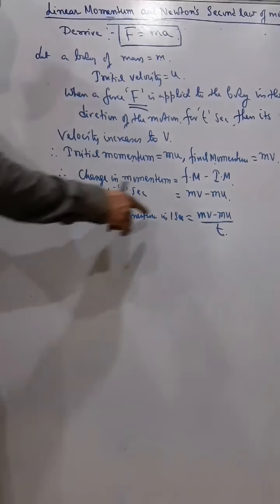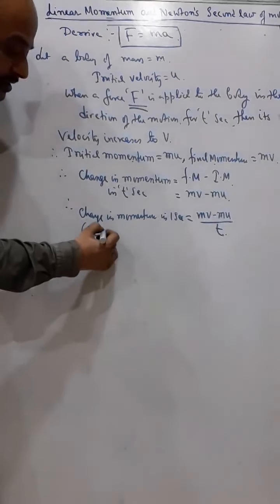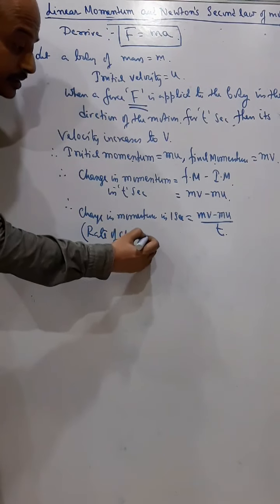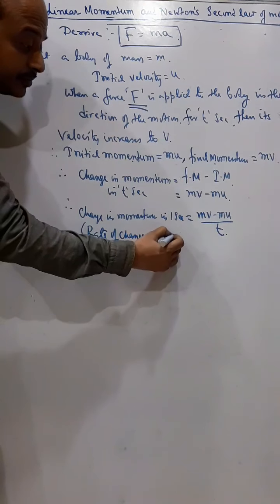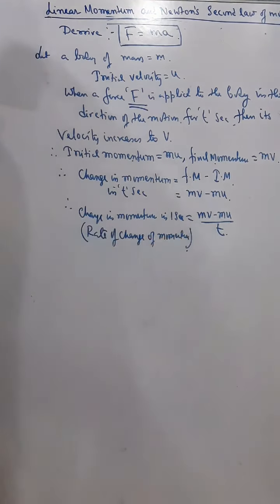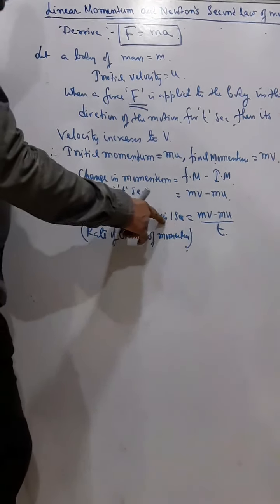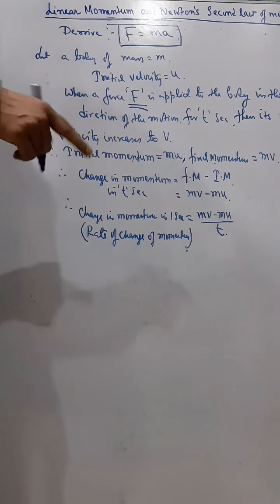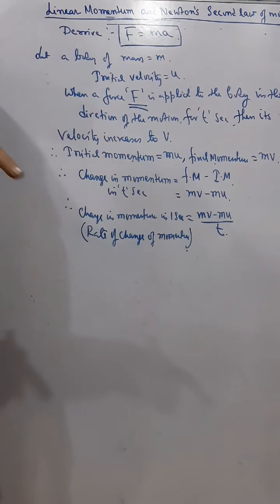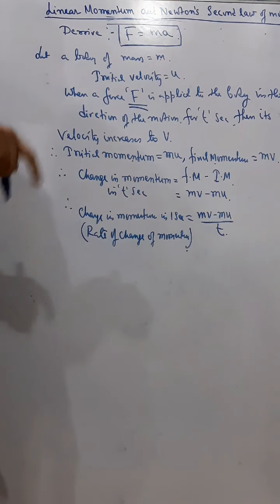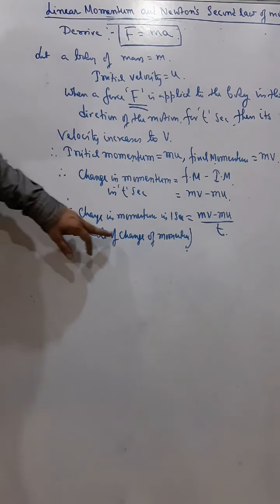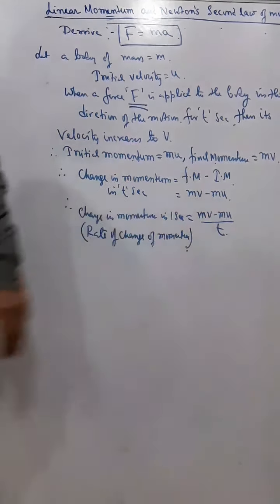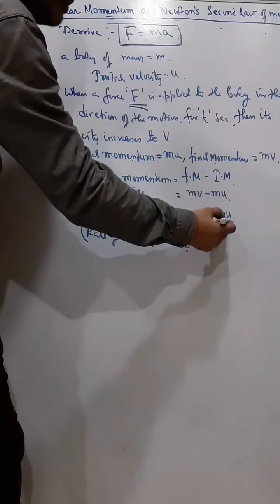and you know, change in momentum in 1 second means the rate of change of momentum, right? Like change in velocity in 1 second is acceleration. That's called rate of change of velocity. If you remember the definition of acceleration, rate of change of velocity is called acceleration. So that is change in velocity per second, and that was called acceleration. Now change in momentum per second is called force. That means (mv minus mu) by t.